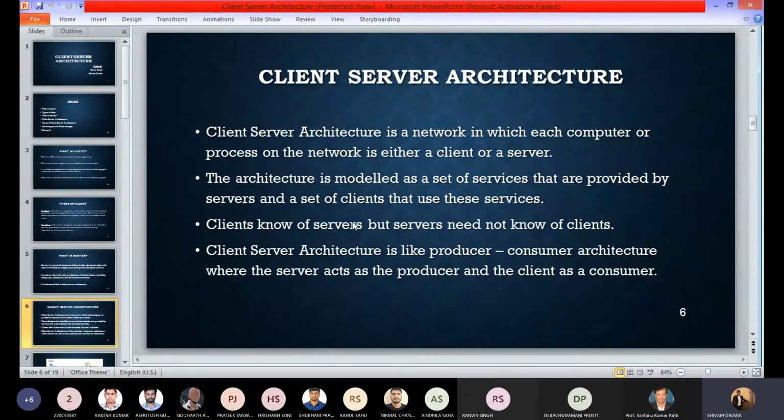The client knows of servers, but servers need not know about the client. So a client may know about the servers, but the server does not know. Client server architecture is like producer consumer, a very important line. The client server architecture is a producer consumer architecture, where the server acts as a producer and the client acts as a consumer. Now in the next slide, I can show